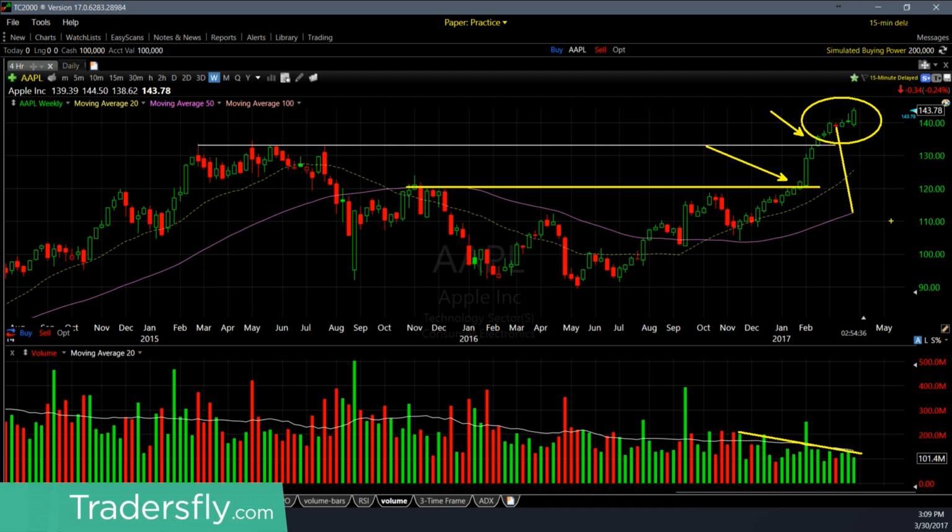So focus on price and volume. That is key. Price is always the key. Volume is confirmation of the price. And then as you get into indicators, now you're starting to look at, okay, once things are stretched, whether that's